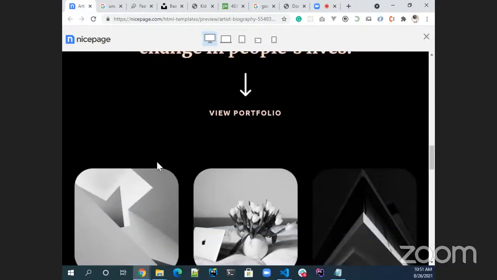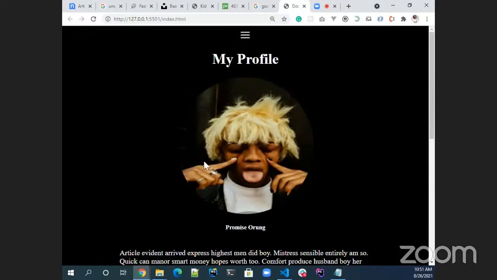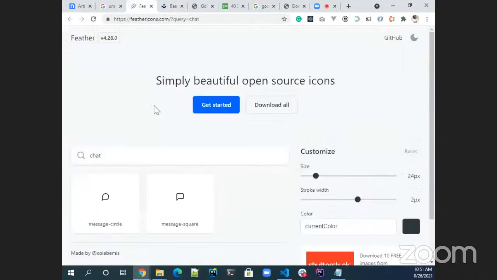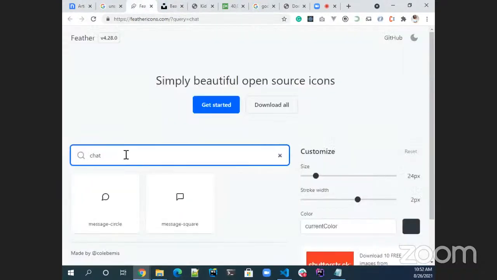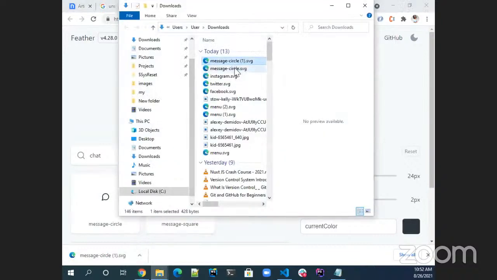Next thing we'll look at is this section. Okay, so before then we didn't add the chat icon to our chat now text. So let's see how we can add the chat icon to the text using the feather icons. We have an icon, then when you search for chat, you have this message circle icon coming up. So I'll just download that. It is downloaded as SVG. Then I will have to copy it to my working directory. I will just copy this,